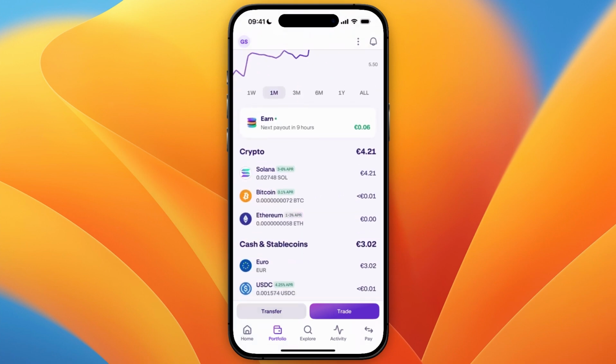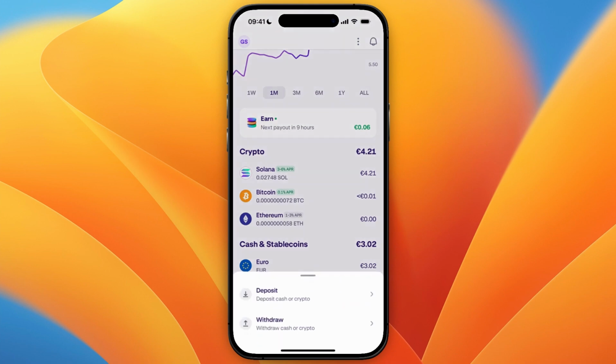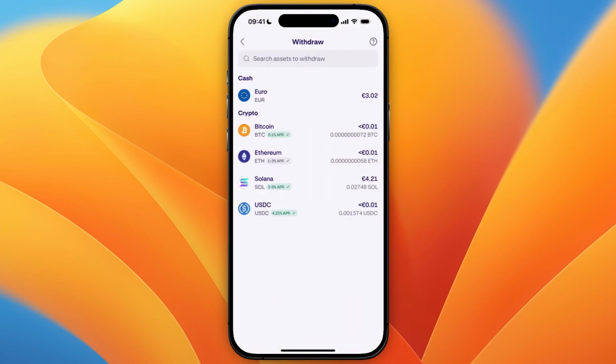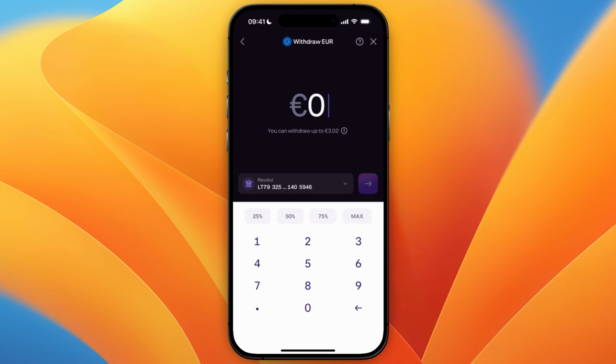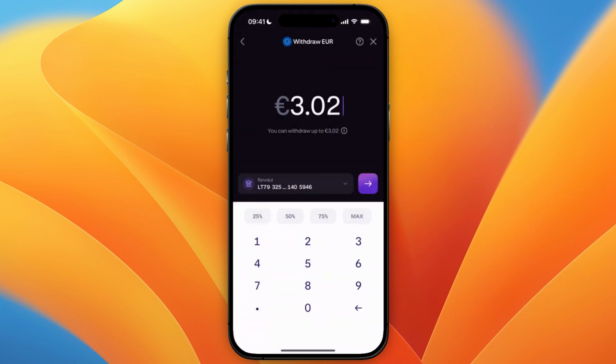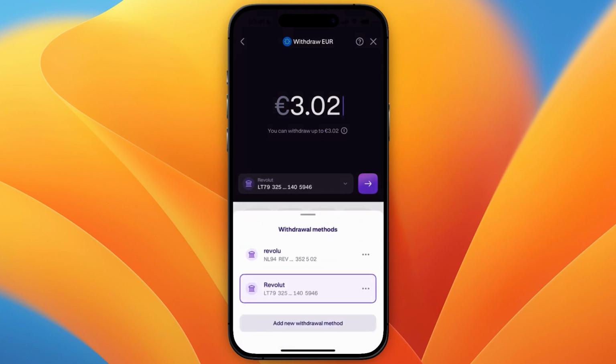Now from there, click transfer in the bottom and select withdraw cash or crypto. From there, under cash, select whichever currency you use, which for me is euro. And then here you can select how much you want to withdraw, and you can select where you want to withdraw to. So I've already linked a Revolut bank account, but if you click on it, you can see